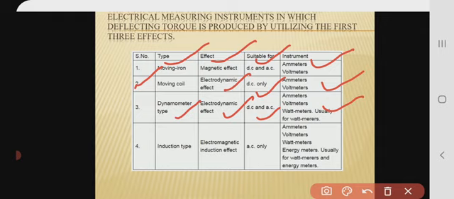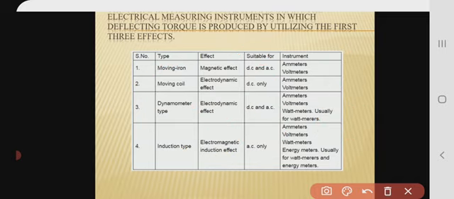Then last, induction type instruments. This works on the electromagnetic induction effect and it is applicable for AC supply only, and the instruments that come under this category are ammeter, voltmeter, wattmeter, energy meter, etc. These are the types of instruments, the effects involved, and which type of supplies they are suitable for. Mainly we can say that deflecting torque